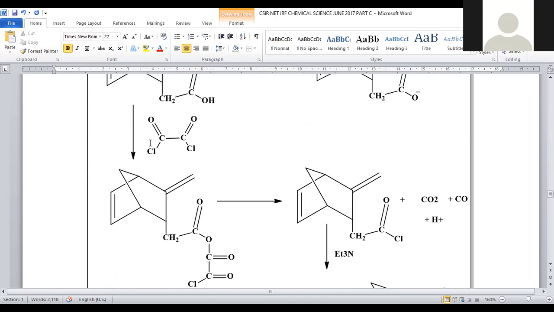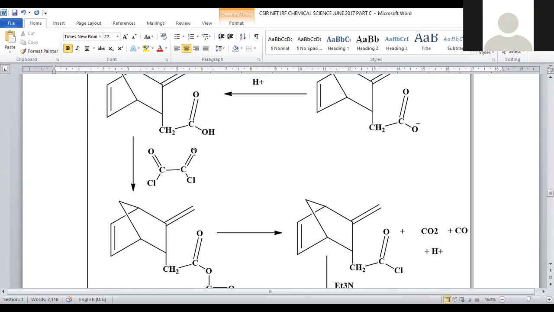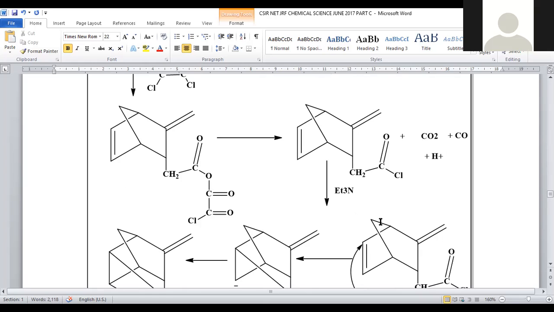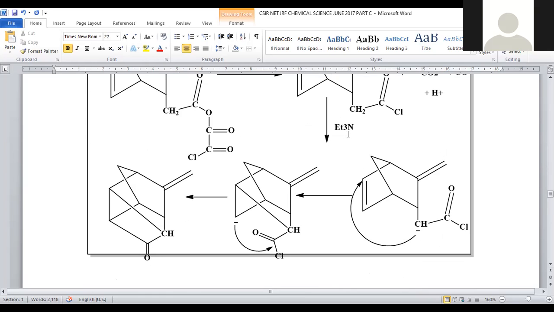So, upon treating with Cl, C double bond O, C double bond O, Cl, what happens? The carboxylic acid turns into an acid chloride through this intermediate. So simply you can write that the acid chloride is obtained directly. This acid chloride is now treated with triethylamine base. Triethylamine is a mild base used to abstract these active methylene hydrogens. Here we have hydrogens directly linked with an electron withdrawing carbonyl. That's the reason H plus is easily pulled by the mild tertiary amine base, so that we got a carbene.